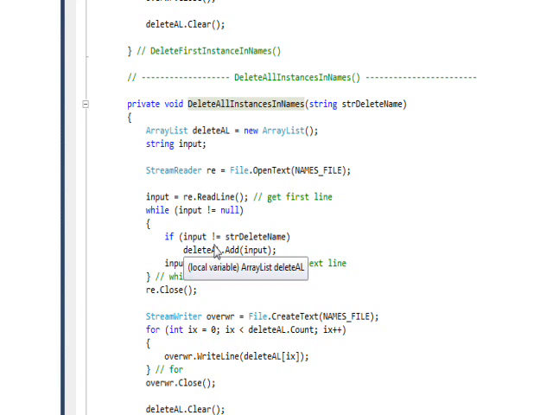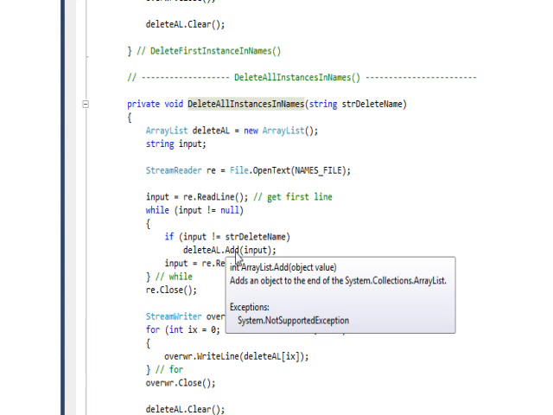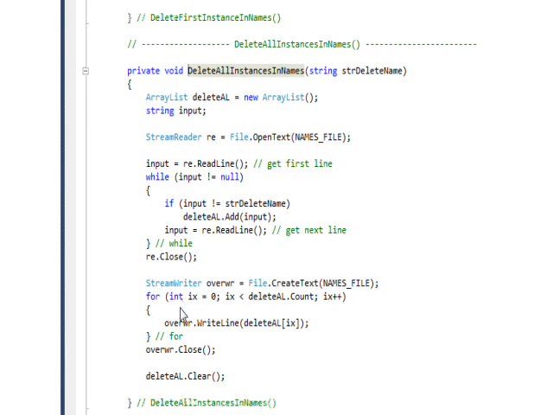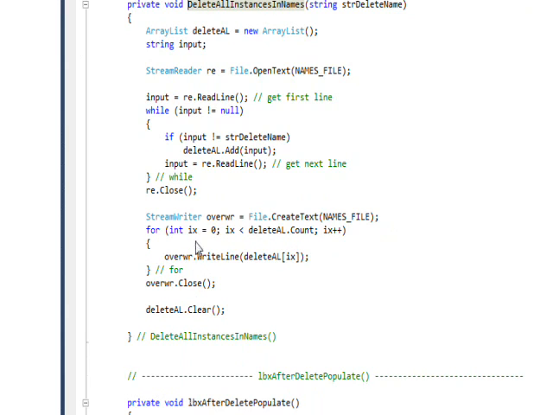And the other implication of this is if the input is equal to the name we got passed as a parameter, we don't do this statement, which means we don't add it to the array list. So the array list is going to get filled with all the names that aren't the name that we got passed. And then when it finishes the loop, it closes the file, and then it opens the same file name